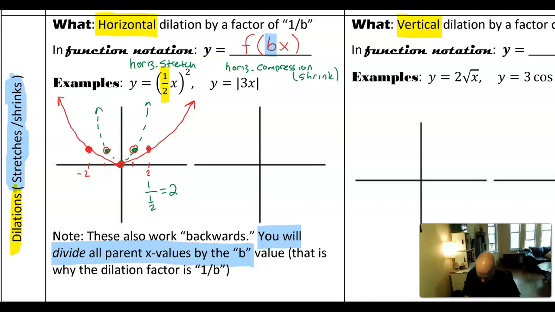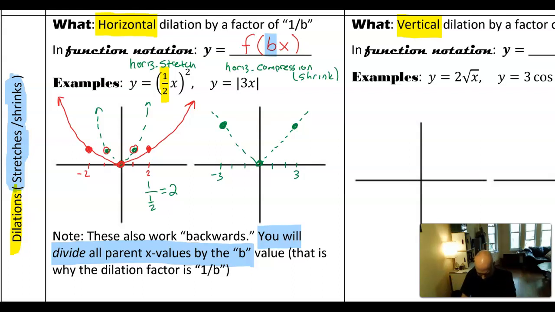On the other hand, 3x will shrink all the values down. So if I draw absolute value x, maybe look like this, I have a 3 here, so I'm going to count out to 1, 2, 3, and put that point on my parent, -1, -2, -3. Put that point on my parent. Try to get them sort of matching. There we go. When I plot absolute value of 3x,